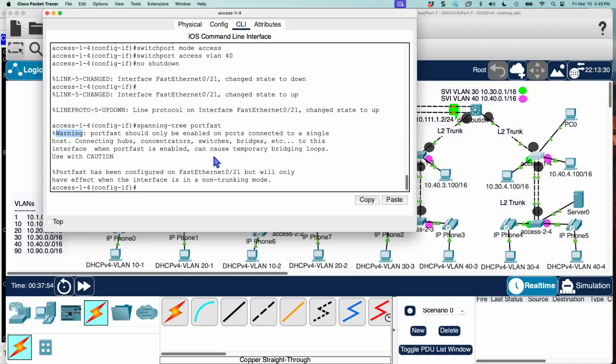It says don't connect anything but an end host to this, or you could cause temporary bridging loops, or even worse, permanent bridging loops and broadcast storms. You could cause STP to reconverge, and you might have less than optimal layer 2 forwarding, all kinds of stuff. So we want to make sure that users do not connect a switch to this port. So what I'm going to do is spanning-tree bpduguard